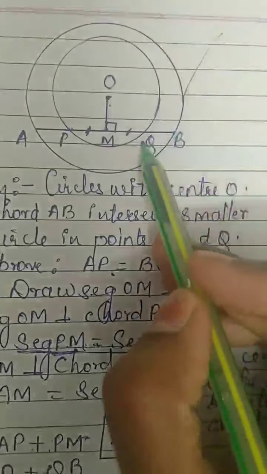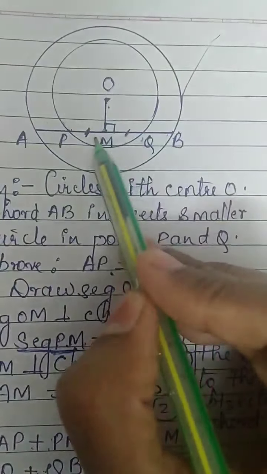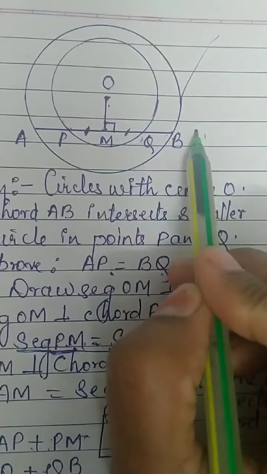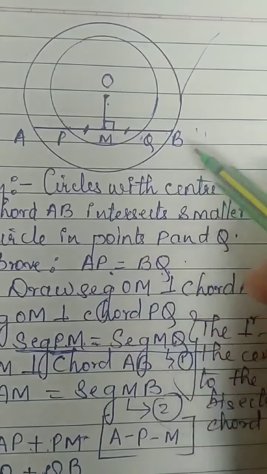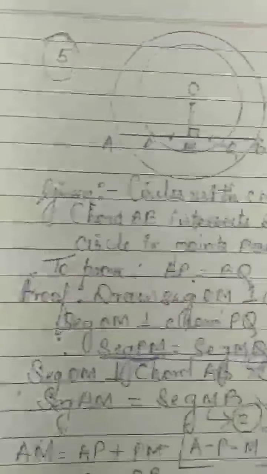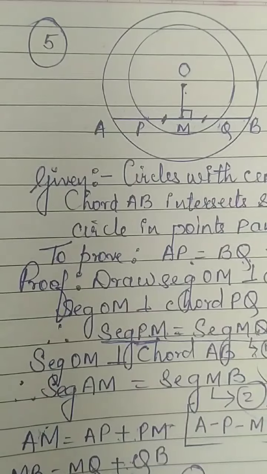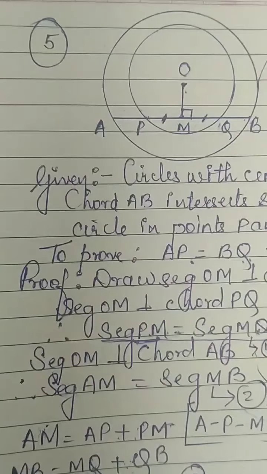I hope you have understood both the sums. The sum is very easy, children. This perpendicular is doing the work. It is making the work easy for us. Practice the sums well. Sum number 6 is cancelled for you for this corona time. Because of the corona time, the department has cancelled the 6th sum.